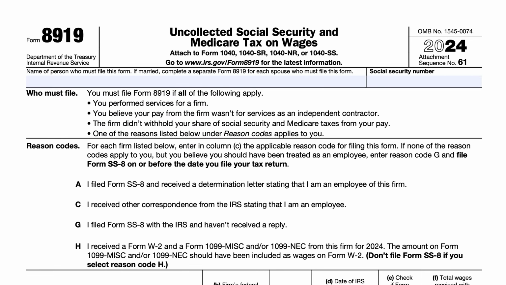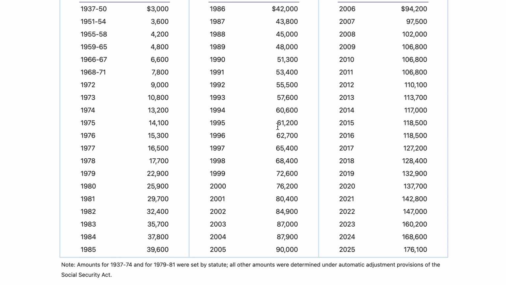I'm going to transition really quickly to a page on the Social Security website where we can see the wage base amount for each year, because it is pegged to inflation figures. The Social Security trustees recalculate the wage base limitation each year. For example, in 2024, that amount was